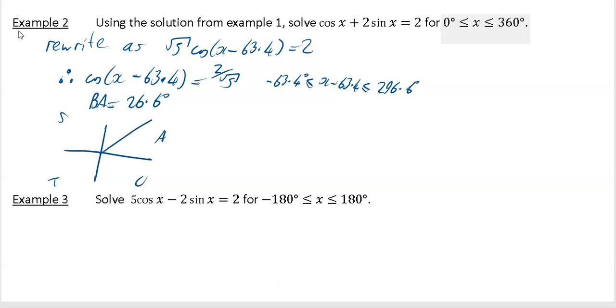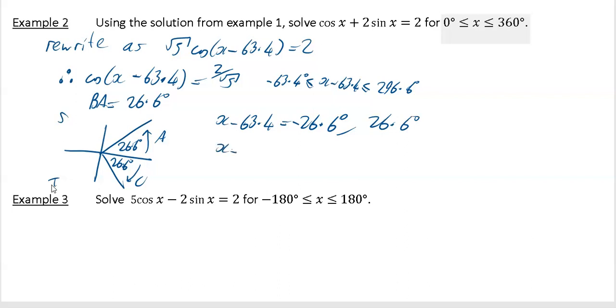And it was cos and it was positive, so it's going to be in here and in here. So 26.6 degrees, 26.6 degrees. So we're going to go round the positive way, and we're also going to go round the negative way, because remember our range, we're allowed to go back to minus 63.4, so that's going back this way. So we have got that x minus 63.4 is equal to either minus 26.6 degrees, or 26.6 degrees, which means x itself is going to be equal to 36.8 degrees